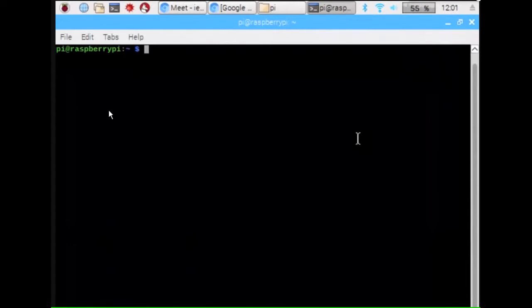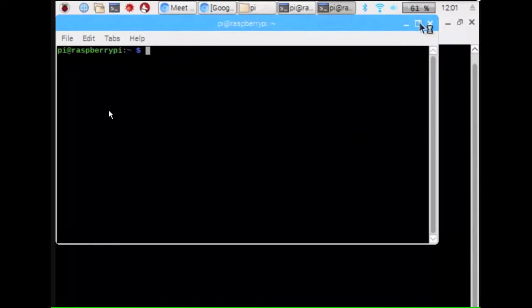Now we are displaying 4 random digits on our 4-digit 7-segment display device. For that, before starting with the program, we have to open a terminal. So click on this black icon.